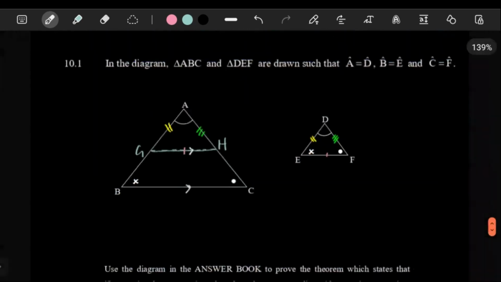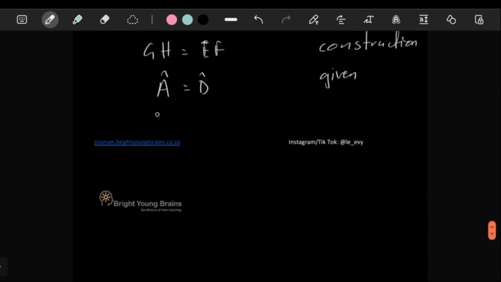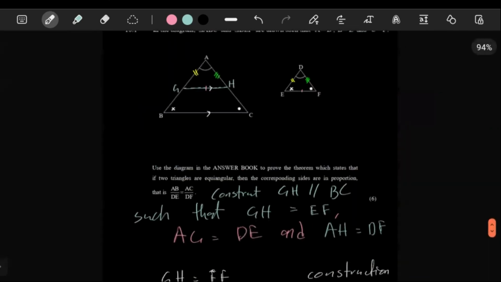And then here you can state that, wait, so we have an angle and a side, so we can state another side. So us stating another side, we can just use what? AG and DE. AG is equal to DE, the reason is construction. You see. So what you've just done right now is that therefore triangle